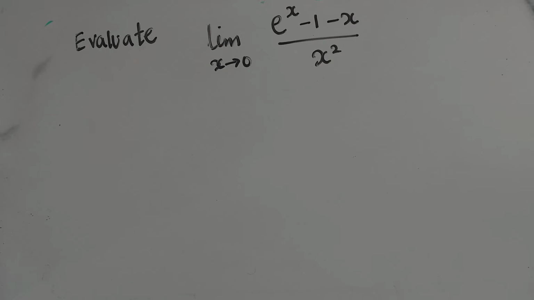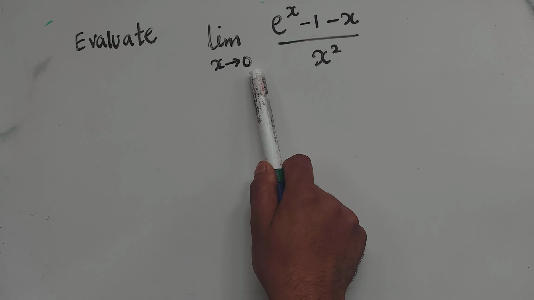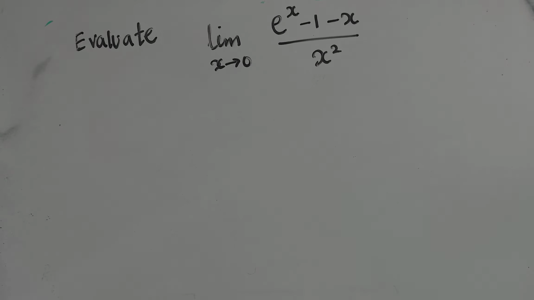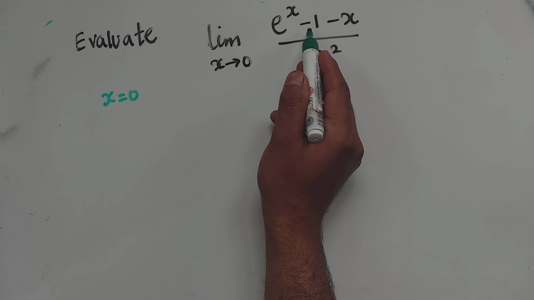Let us solve your question on the limits. The question is: evaluate the limit as x tends to 0 of (e^x - 1 - x) upon x squared. Okay, so first thing first, if we substitute x equal to 0 in this function,